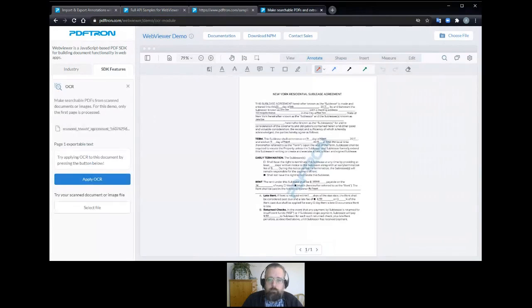So for example, we have this document that is just a scanned copy of this sublease agreement. It's just an image, and if someone had to come in and fill this thing out, it might be a bit tough. It's tough to search here, and just kind of a difficult document to work with. But what we can do is apply the OCR that our toolkit provides, and then turn this into a searchable